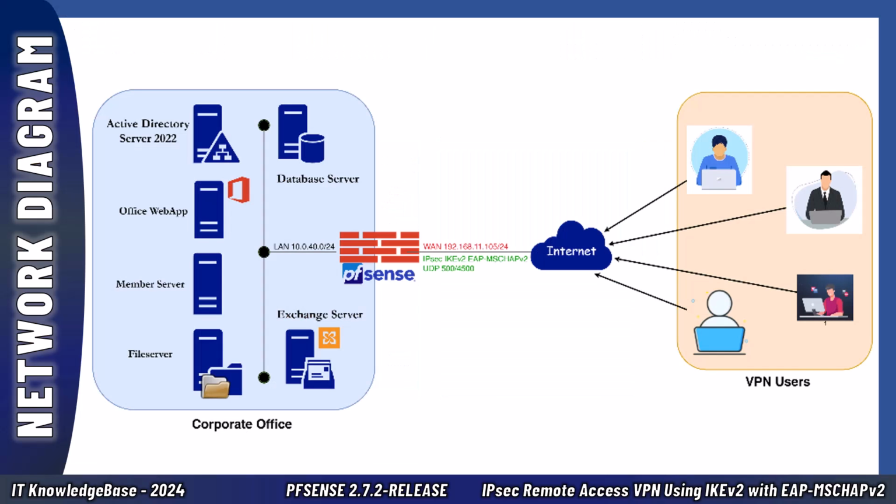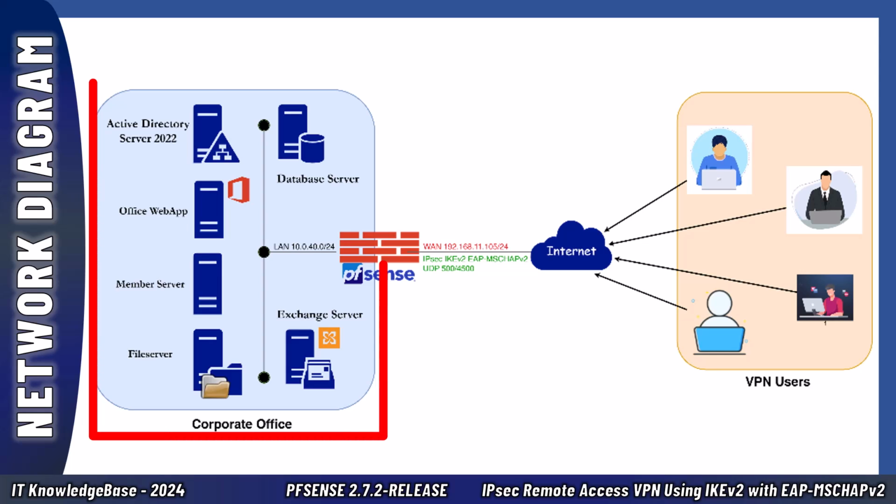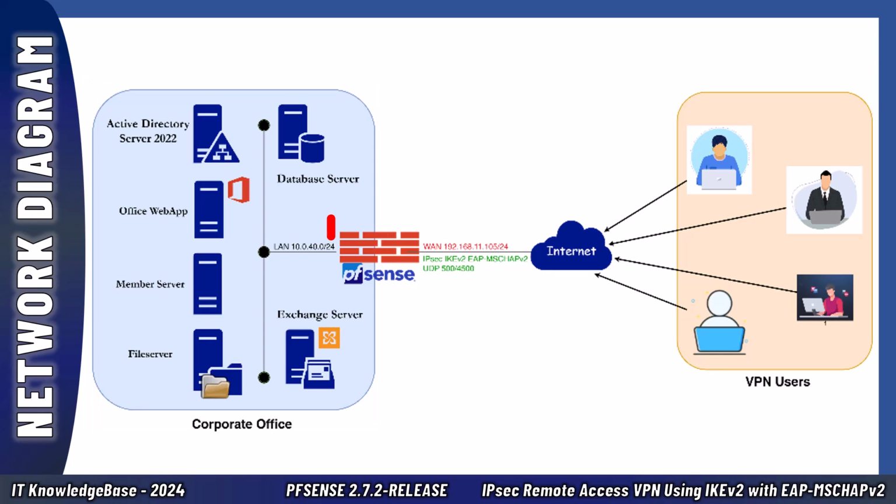This is the distinctive lab network scenario that I have portrayed to simulate the realistic in action. We have a corporate office with several distinct servers, along with the primary Microsoft Active Directory Server 2022 in place, for centrally managing users and groups, identity, and access. We also have a robust pfSense firewall sitting in front of my corporate LAN to filter internal and external